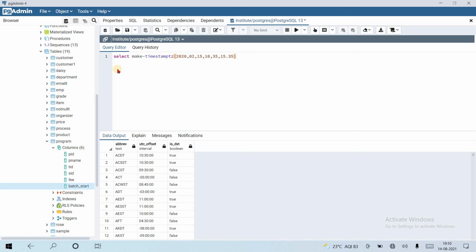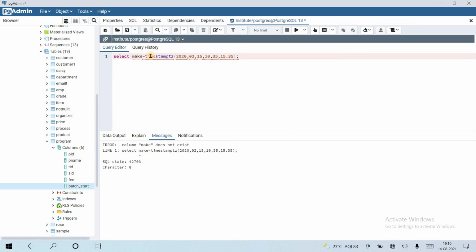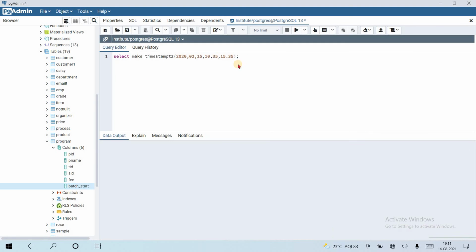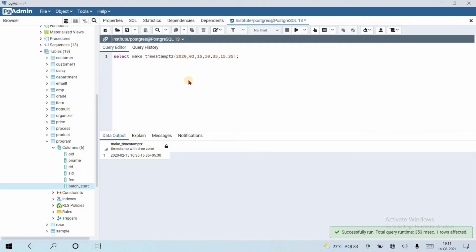Okay, let's run this. Make timestamptz with these parameters. Is there any error? No. Okay, timestamp with time zone.